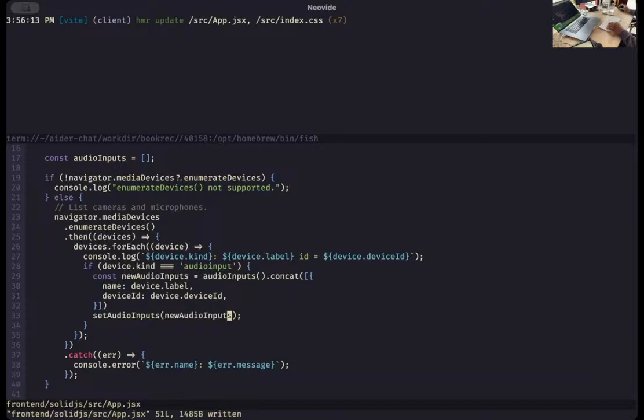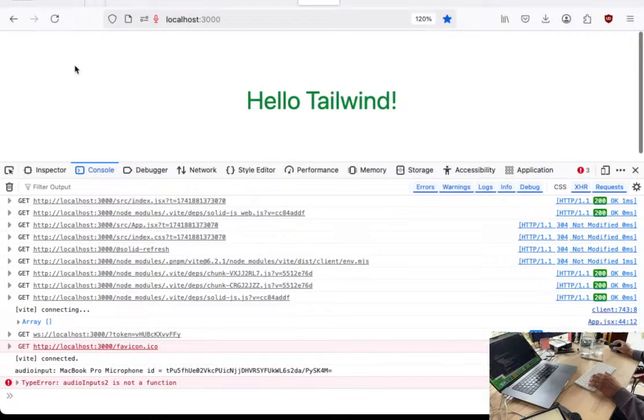Okay. Same thing here. I got audio inputs 2 is not a function